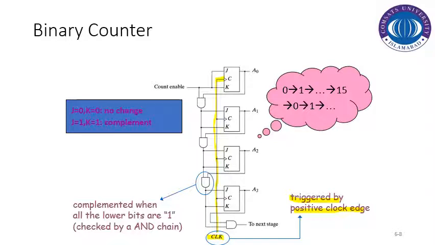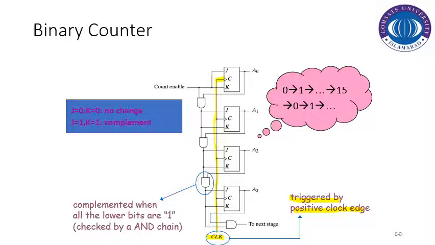Now let us see how the setup will work. Basically, we are getting the four outputs A0, A1, A2, and A3. A0 is considered to be the least significant bit, and A3 is considered to be the most significant bit in the count sequence. By default, all the values of A0, A1, A2, and A3 are 0, 0, 0, 0. And whenever you apply a count enable, we set this enable to 1.